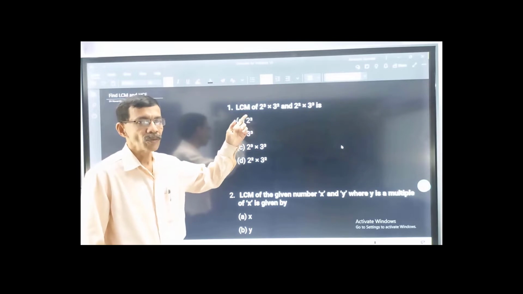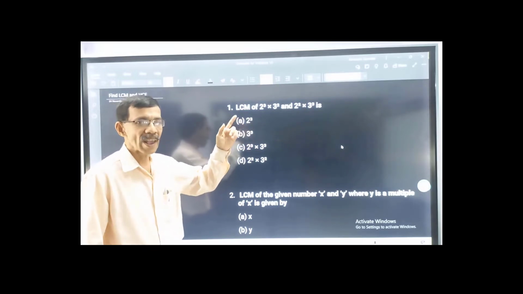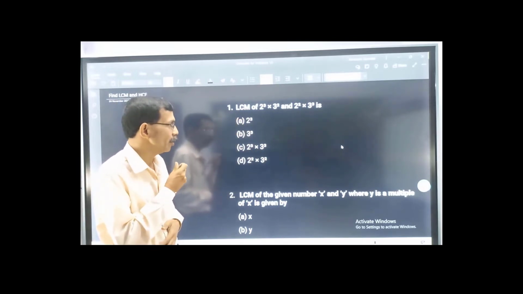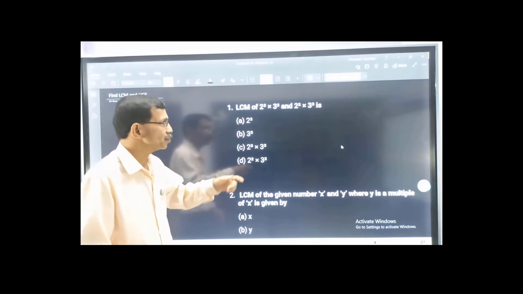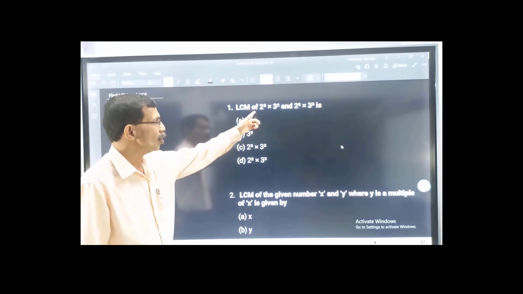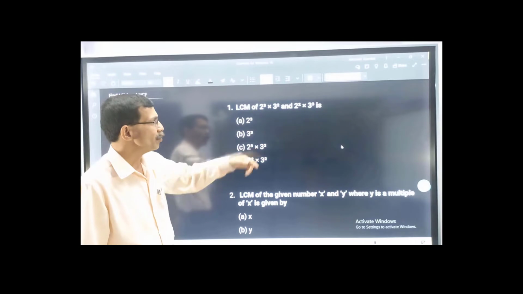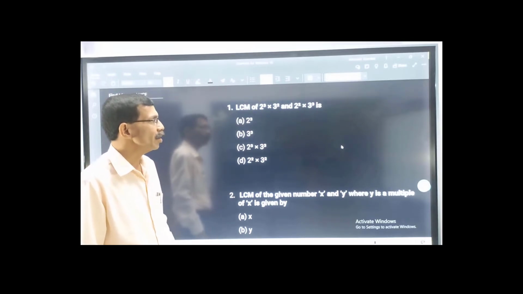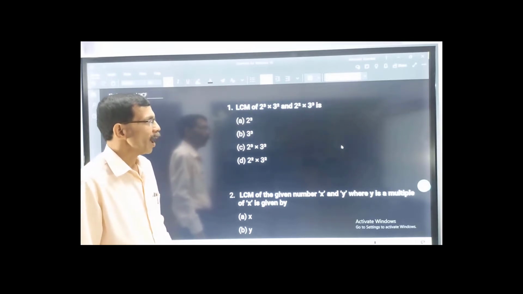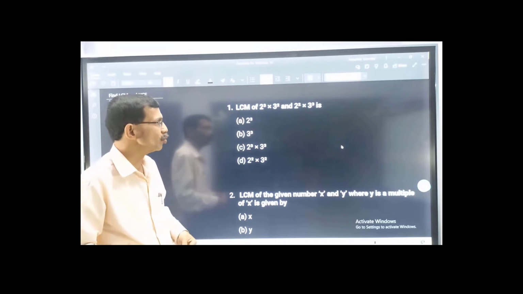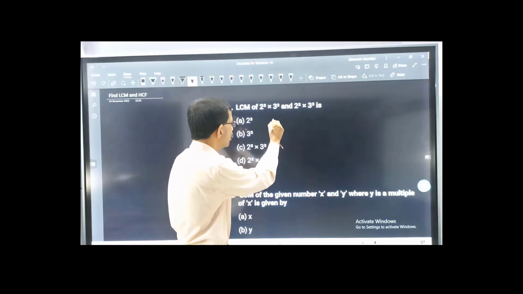In this section, we will find out how to find LCM and GCF. Here are some examples. The first example is you have to find the LCM of 2 raised to 3 into 3 raised to 2 and 2 raised to 2 into 3 raised to 3. LCM is